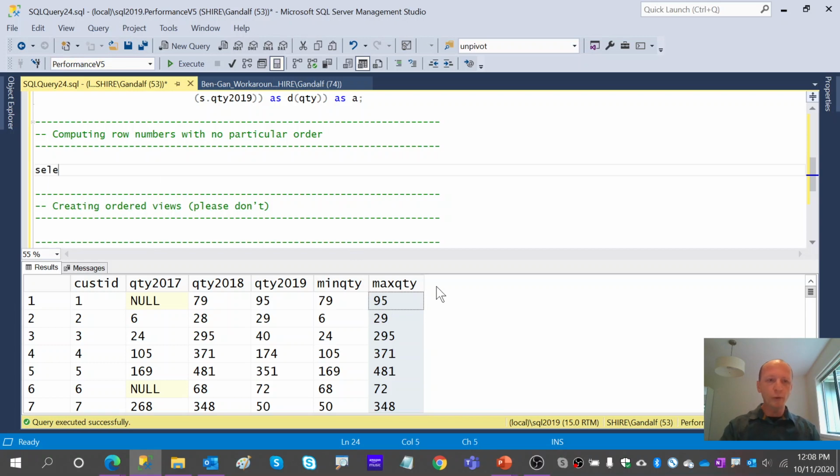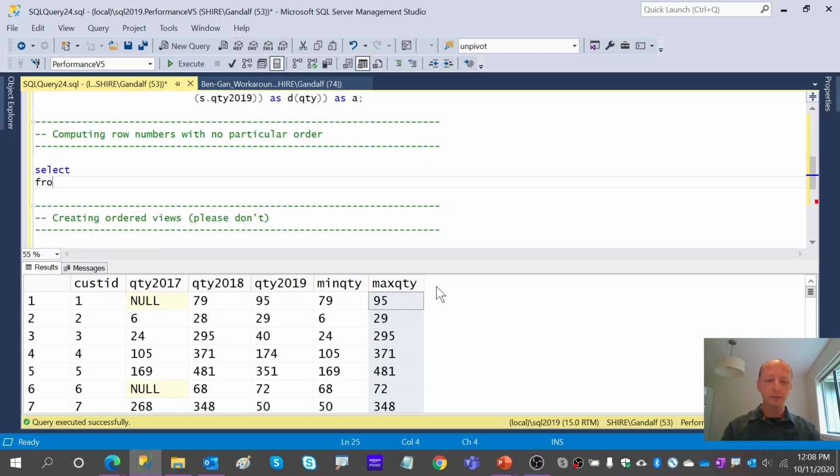Let's say I wanted to compute row numbers for rows from our orders table. So let's query the orders table. This table, by the way, has 1,000,000 rows. So let's say I'll pull order ID, and perhaps I want to compute a row number that is based on, say, date descending ordering. So order by order date descending, and maybe order ID descending as a tiebreaker.